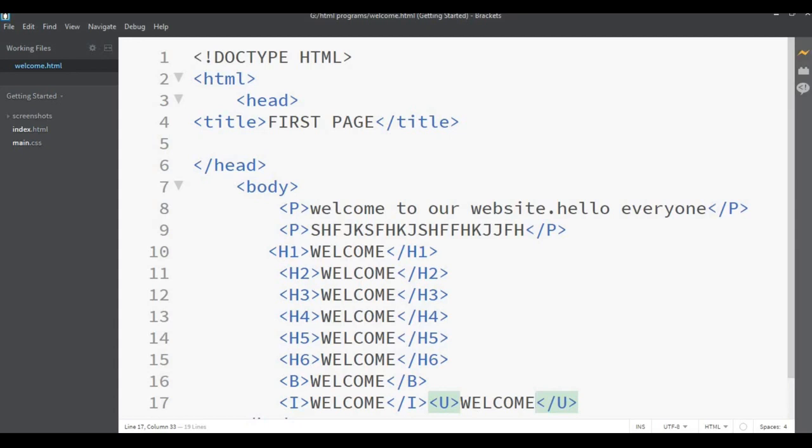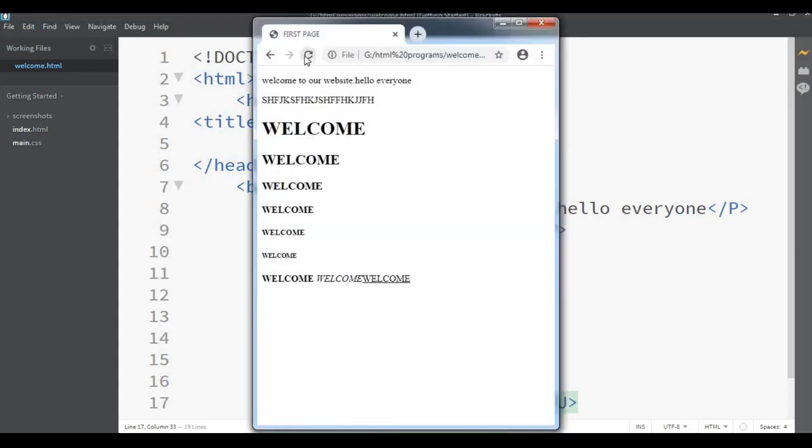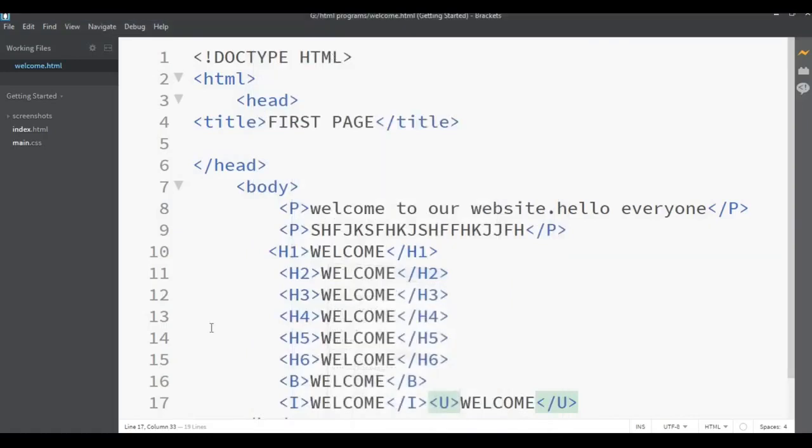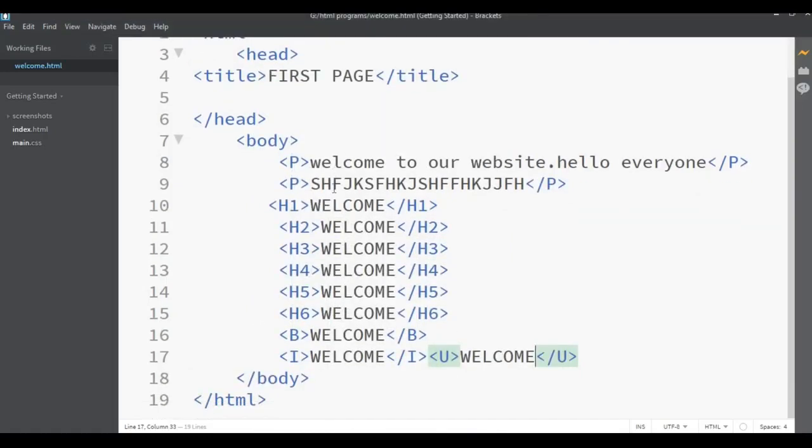You simply try to run it and see the difference. See, here is the difference: bold, italic and underline. So these are some small tags to run in HTML. Just get familiar with them, so that we can work on big pages or make big web pages.